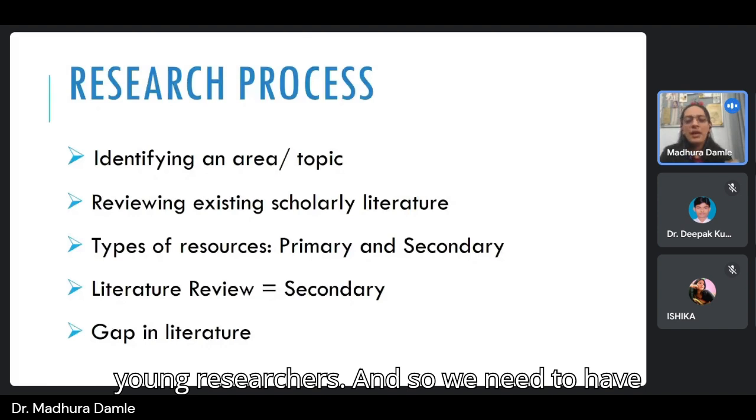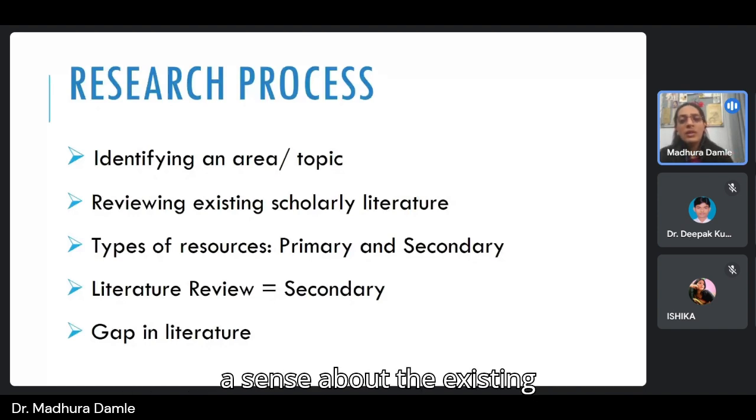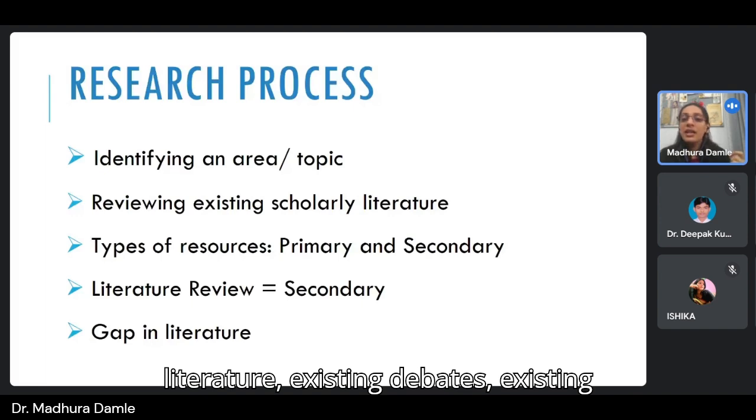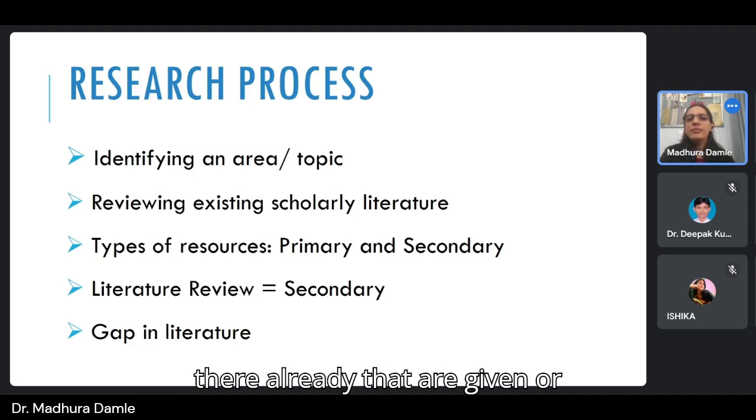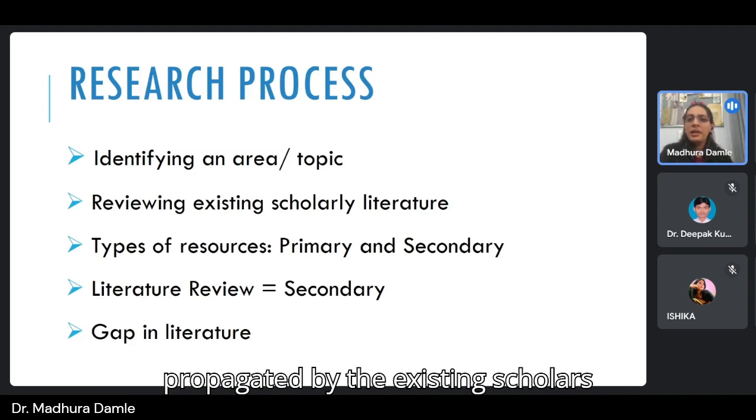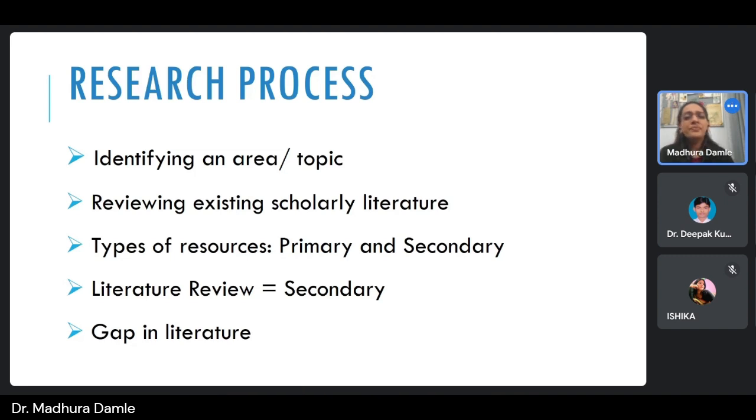And so we need to have a sense of the existing literature, existing debates, existing arguments, and existing theories that are given or propagated by existing scholars on the topic of research that we are going to conduct. And so we have to review